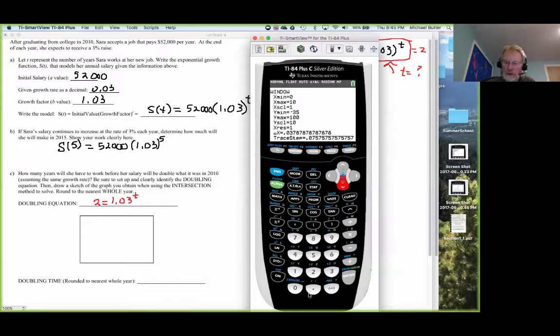So let's just say 20 years. That's probably going to be more than we need, right? And then the Y-min can be 0 because we're not paying them money to work for them, right? And we know that it's got to go to 104,000. So let's go to 120,000 just so we've got some room to see what's going on. And then we'll make the Y scale 10,000, let's say. All right, so if we graph this,